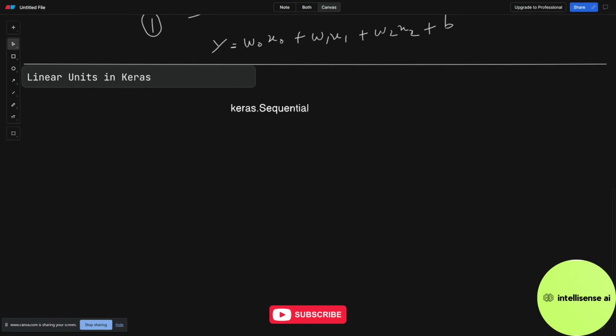The dense layer will come in the next video in the same playlist, and you can find it there. And in that linear units in Keras level, we could define a linear model accepting three